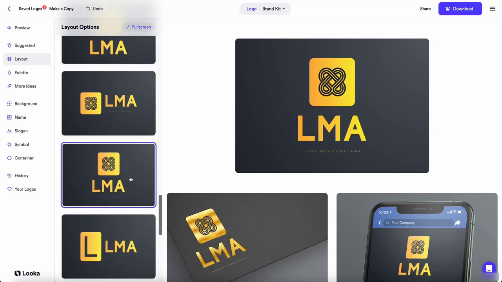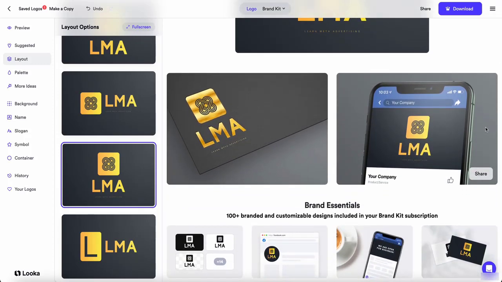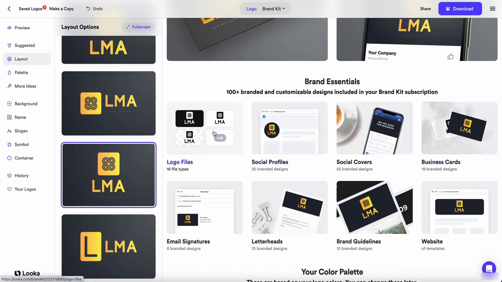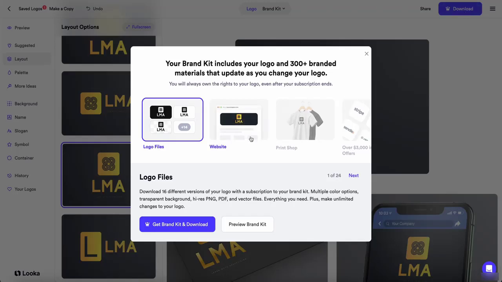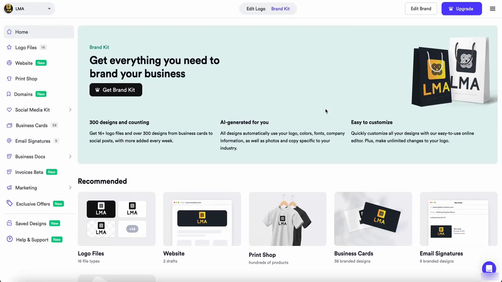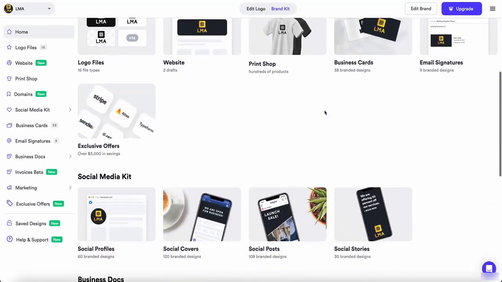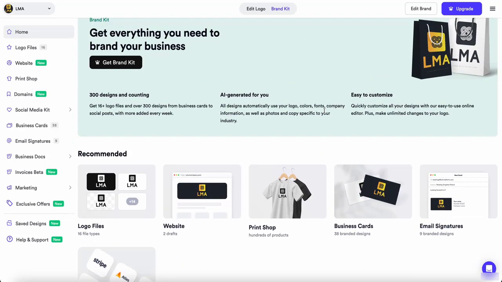You know, when you're playing with it a little bit, you can get some good ideas, and you always get clean logos. And I must say, you can get really good ideas quickly. Then unfortunately, you can download it, you can purchase it, you can preview the brand kit. And then unfortunately it's paid, which is not perfect, that you have to pay for it.